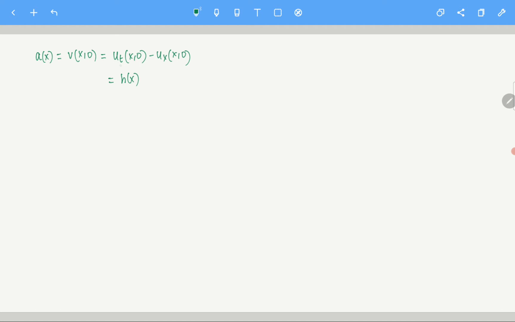So if you remember, in the boundary ut is given by h, minus ux at the point x0. What is u at the point x0? That is g. So ux at the point x0 is g prime of x. In the base u is given by g, so ux is given by g prime. Of course the assumption here is that h and g are smooth. For now we just assume they are smooth.